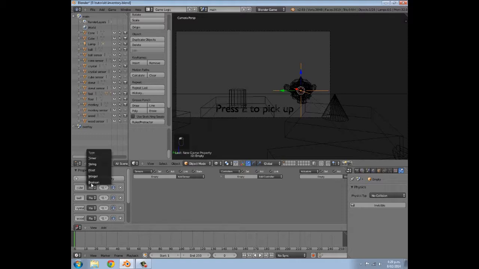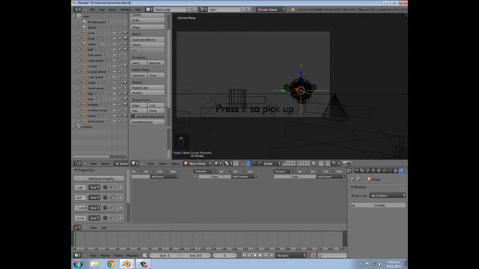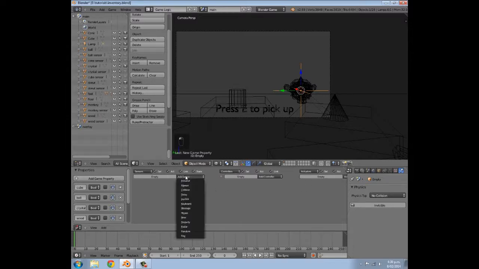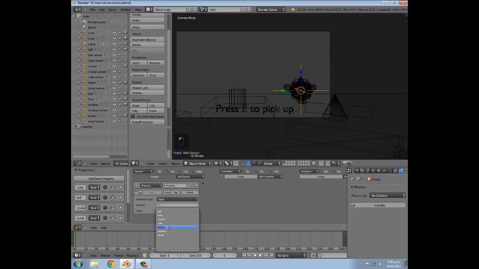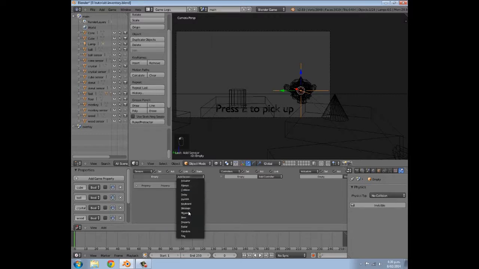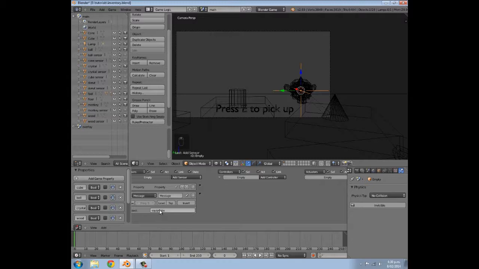So name all your objects in there, then select boolean from the menu, like so, and then the next thing we're going to do is when the property for cube is equal to true on a true pulse, and it gets a message saying equip cube, with a capital C,